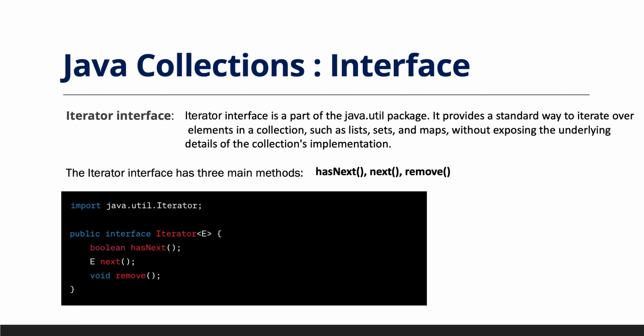So these are the three methods available inside the Iterator interface, and this is the internal implementation of it. This is how Java internally implemented it. If you can see here, the return type of the hasNext method is boolean. It means it just checks whether any element is available or not. If it is available, it returns true, otherwise it returns false. So it is very easy to use this method to check whether elements are present or not, and based on that we will get the element or remove the element using the next method or remove method. We will take an example also and then we will see.